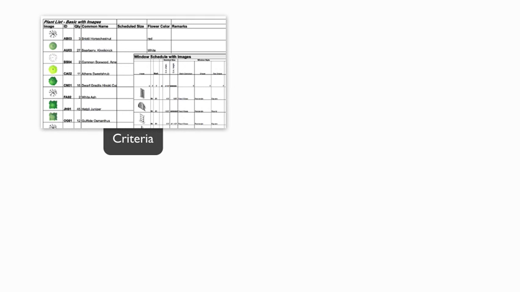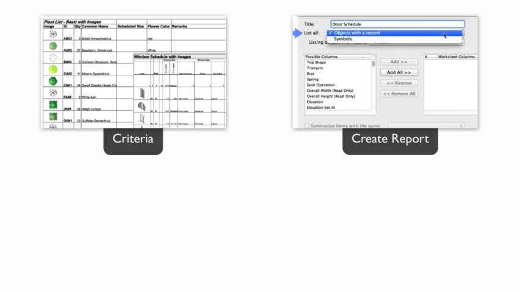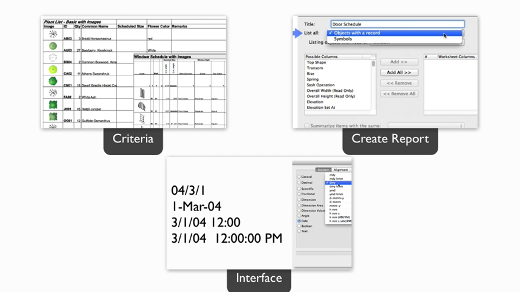This video is the last in a series of worksheet basics. Make sure you viewed all previous videos in this series before this final tutorial if you're unfamiliar with any concepts covered here. Once you've created, applied criteria to, and sorted your worksheet, it's time to add a few finishing touches